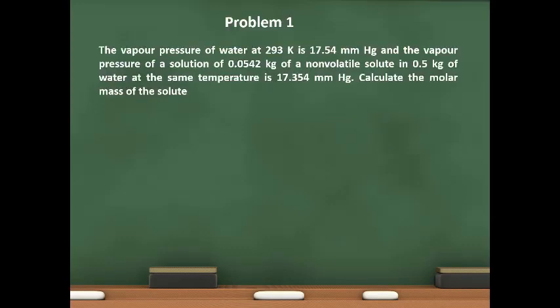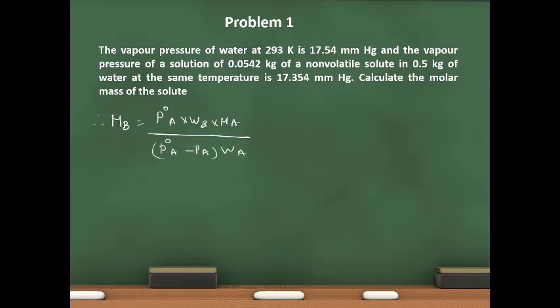Problem 1. The vapor pressure of water at 293 Kelvin is 17.54 mm mercury, and the vapor pressure of a solution of 0.0542 kg of a non-volatile solute in 0.5 kg of water at the same temperature is 17.354 mm mercury. Calculate the molar mass of the solute. So we can use the formula Mb is equal to P naught A into Wb into Ma divided by (P naught A minus Pa)